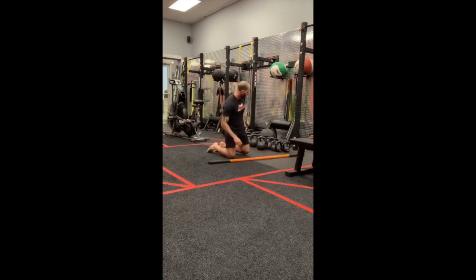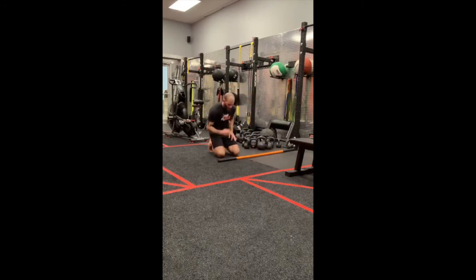Same thing here on the other side. Just kettlebells out of the way. Going the inside hand first. Inside hand first. It's right there. Good. I want to have my feet on the turf have